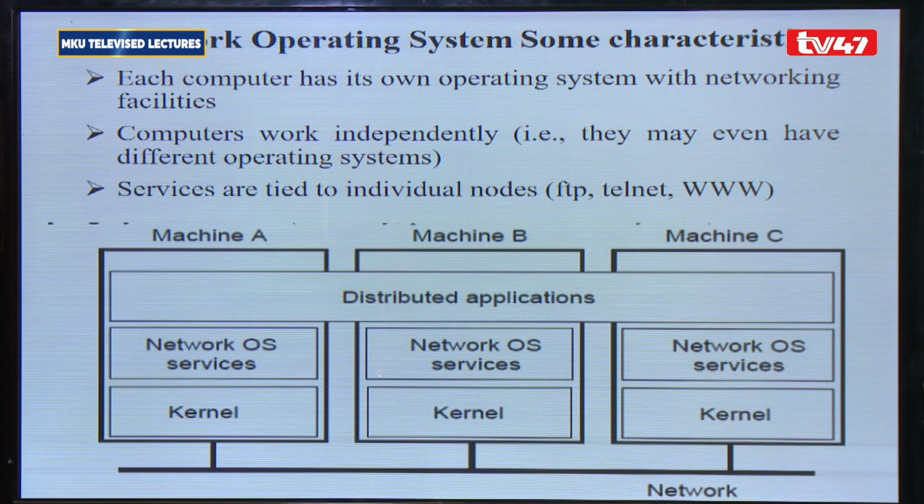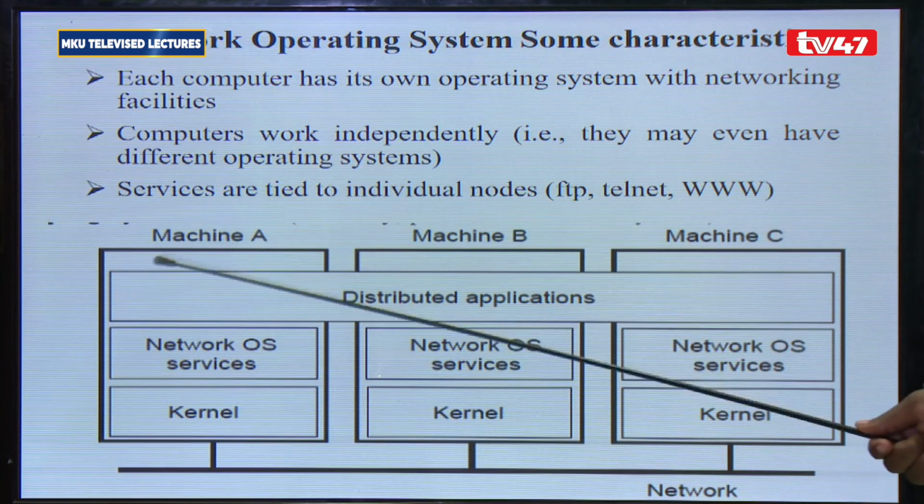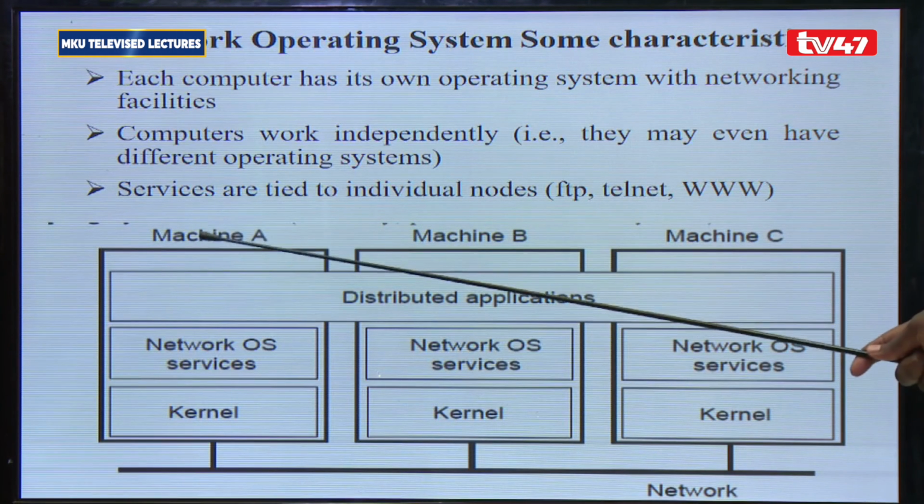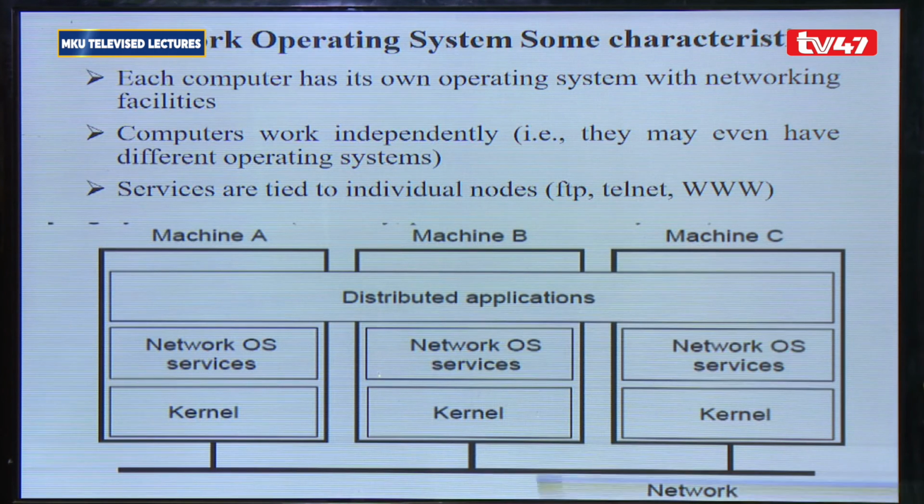So this is another example of a network operating system, with some of its characteristics. Each computer has its own operating system with the network facilities. Computers work independently. They may even have different operating systems. Services are tied to an individual node, like the File Transfer Protocol, Telnet, the WWW, the World Wide Web, right? So on these, machine A, machine B, and machine C,